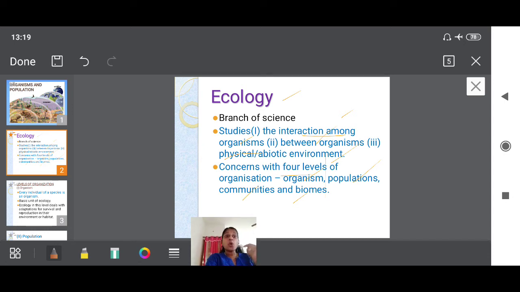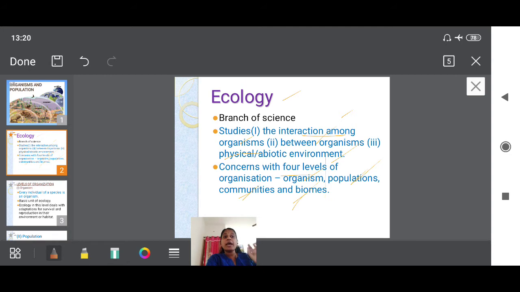So, what is an organism? That is the first level, an individual. When the number of organisms increases, many individuals combined together, I call it a population. That is the next level. Thereafter, community means you can find many different types of populations, like human population, dog population, cat population, bird population. It is a group of populations, and we call it a community.